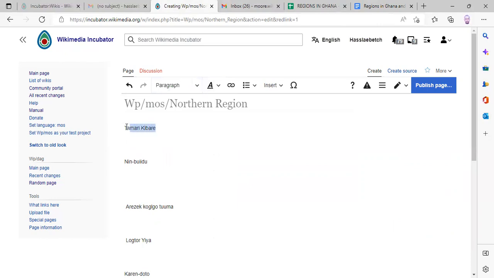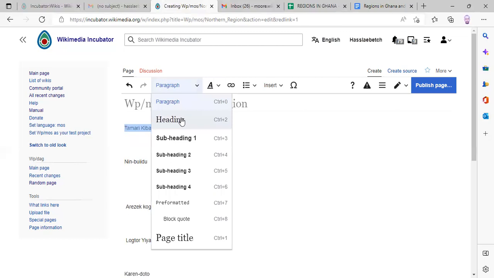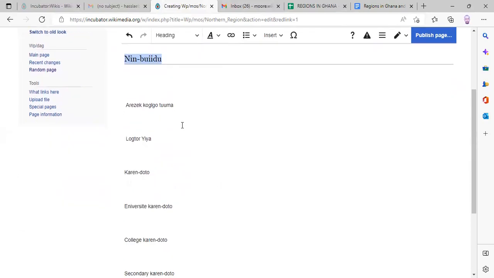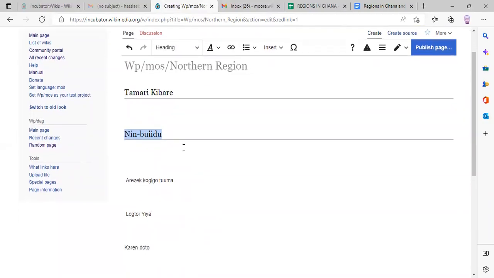So highlight the brief history. I'll highlight and click on heading. This is the heading of our article, the history. I'll highlight this, please. Paragraph, it's a heading. That is the population. We decided to use name Bidu.